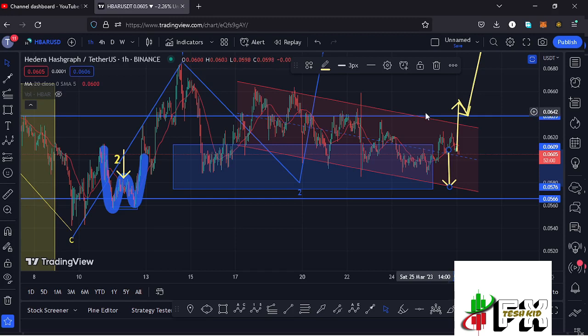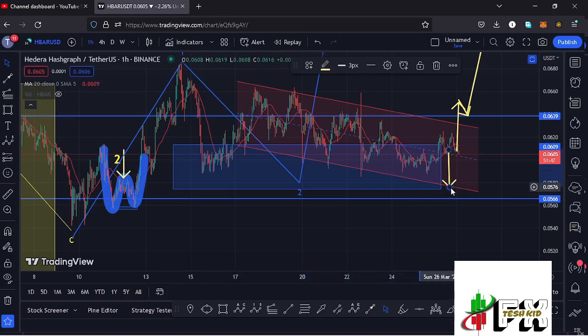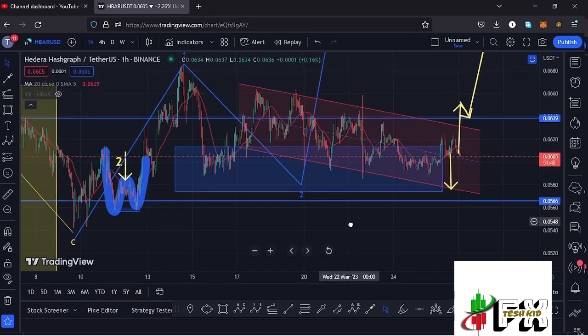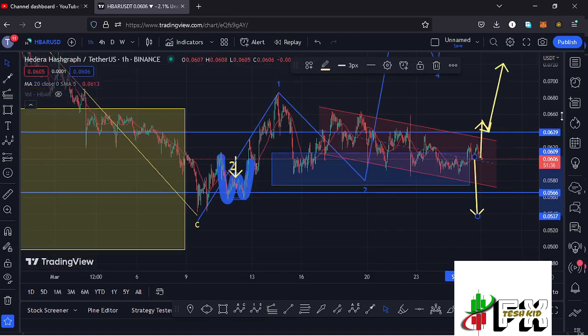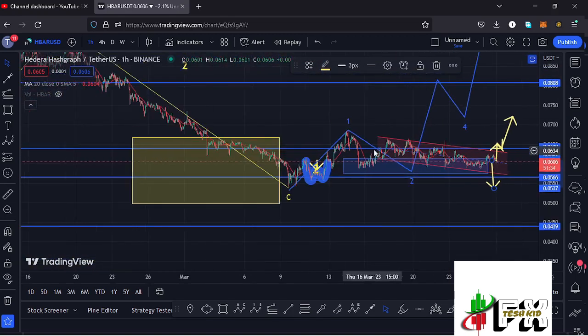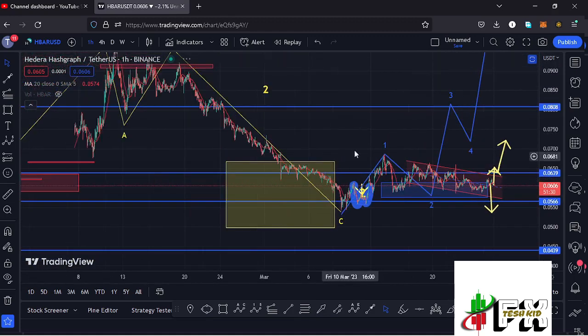and also sketch out new target areas. And we also need to have in mind that we need to continue holding within this blue target area, which lies between the $0.0614 mark and the $0.0575 mark. And as long as we are holding within the blue target area, then whatever we are seeing is the corrective structure in the formation of this wave 2. But the moment we break out of the blue target area and continue retracing even further, then that would be suggesting an alternative scenario here on the Hbar chart,